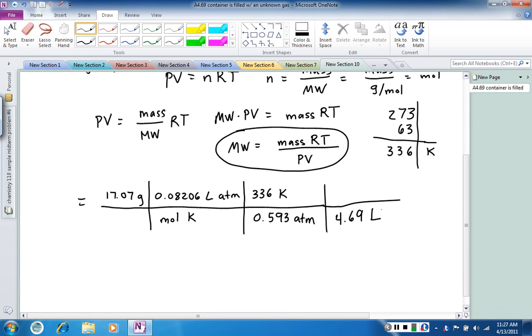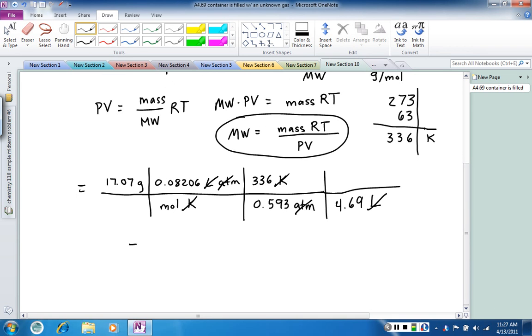So now, when you write your units and you're careful, you go back, you cancel them out, and you can see if you did the problem correctly. You cancel atmospheres, cancel liters, cancel your Kelvin. You're left with grams per mole, which is what we're after. You're going to have 3 sig figs because of your atmospheres and your Kelvin. That leads us to the answer. If you punch it in your calculator, you should end up getting 169